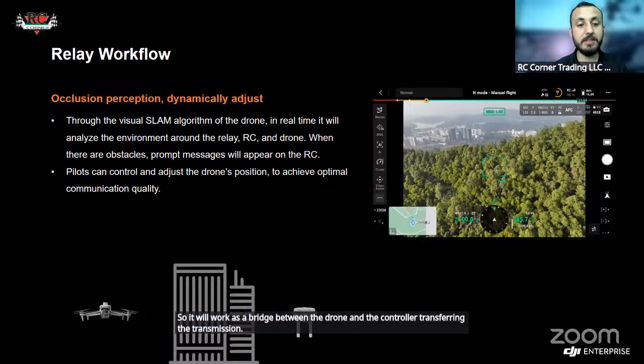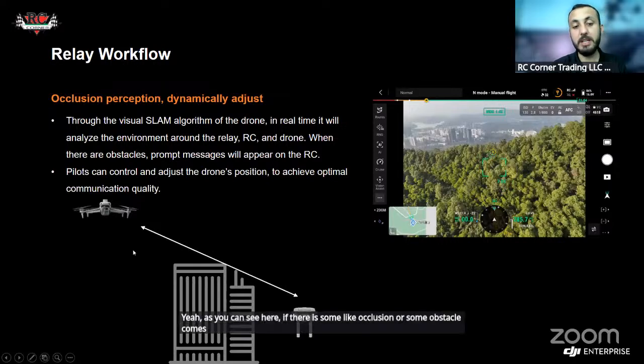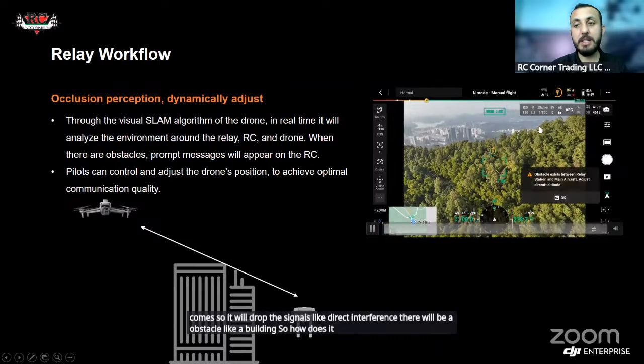Yeah, as you can see here, if there is some occlusion or some obstacle, it will drop the signals, like direct interference. There will be an obstacle like a building. So how does it work? It will, as you can see here,